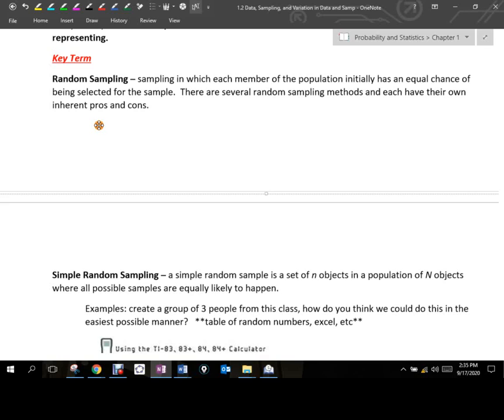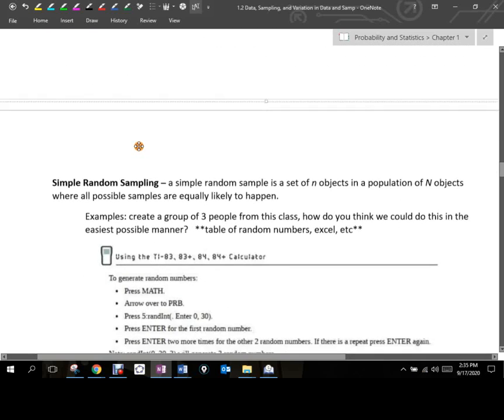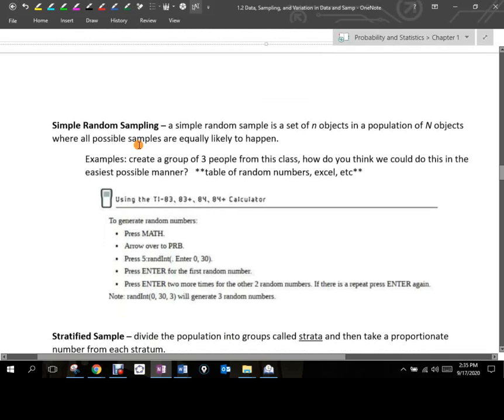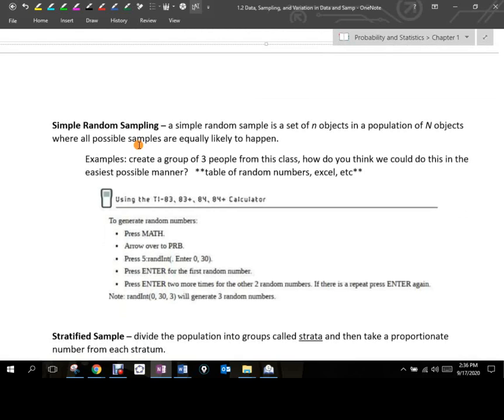If Lucas's chances of being in that sample is 1 out of 10, but everybody else is 1 out of 20, that's a problem. We got some error there. We need to adjust for that and address it. What we refer to as simple random sampling. Simple random sampling, that's exactly what it is. It's going to be simple, should be pretty straightforward. I'll show you some different techniques on how we do this.